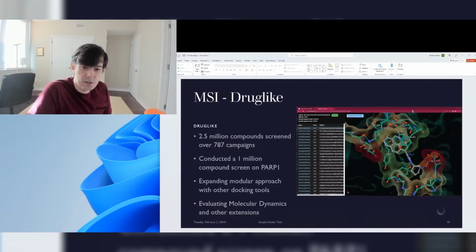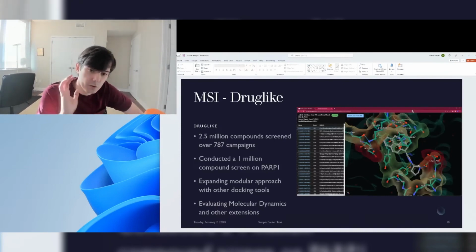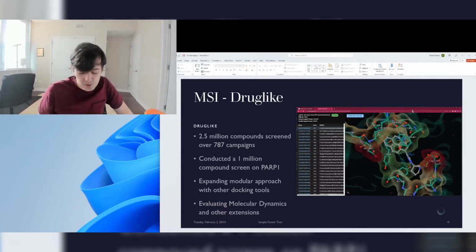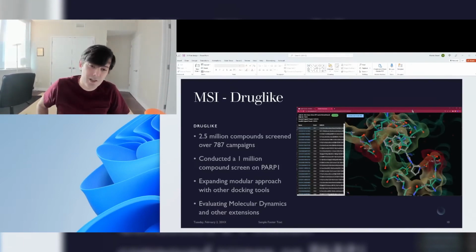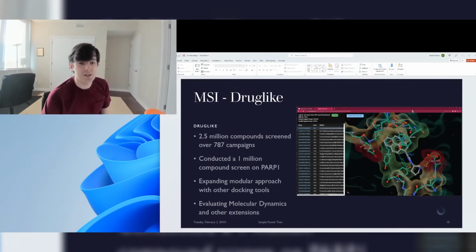The general thesis of DrugLike, and it's going to go into App 2 as well, is that the software people use in this very high-touch professional setting like computational chemistry is very hard to use. I wish I could show you some examples right now, but a lot of them are command line based. A lot of them require you to know how to be a sysadmin, know how to use Linux, know how to use really complex tools that the average chemist or physicist doesn't know how to use. They're busy being a chemist or a physicist. They're busy writing papers. They don't want to configure systems. And just using that software on your own PC is very difficult.